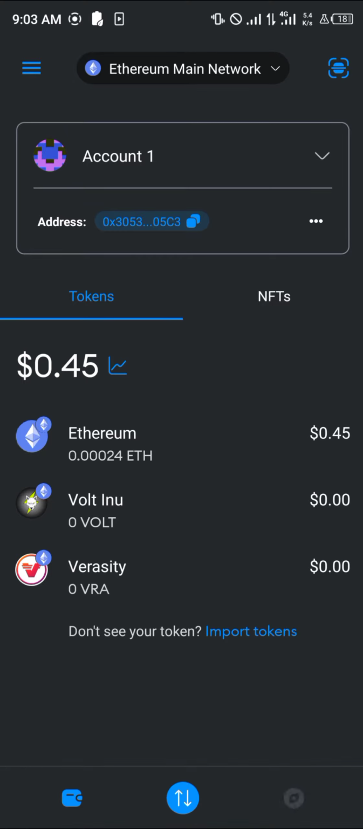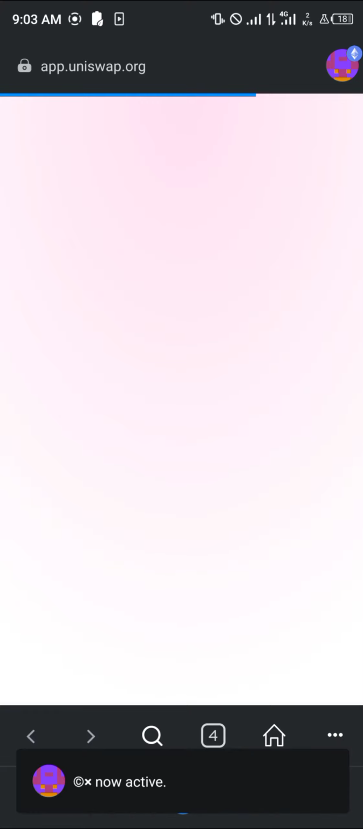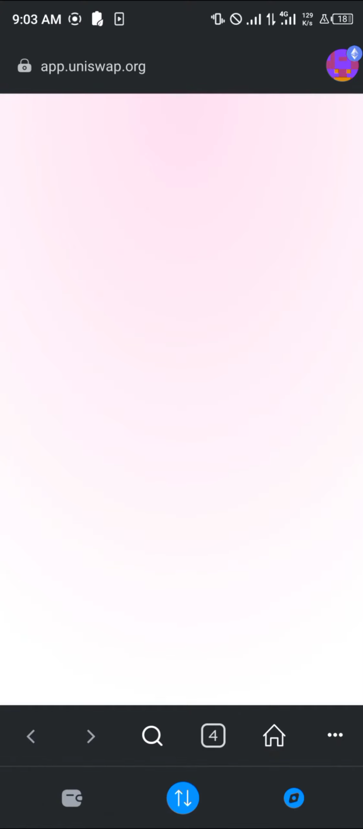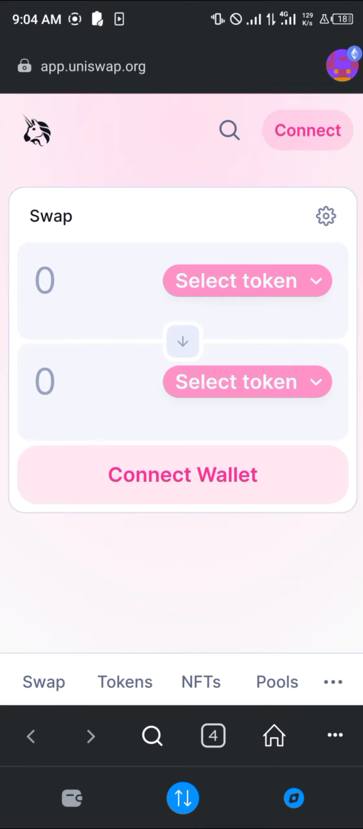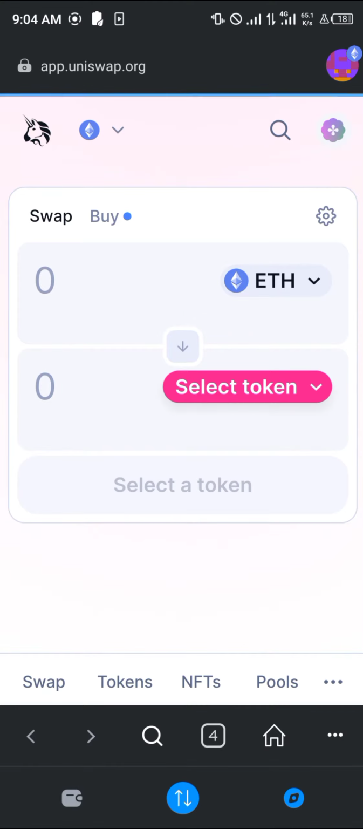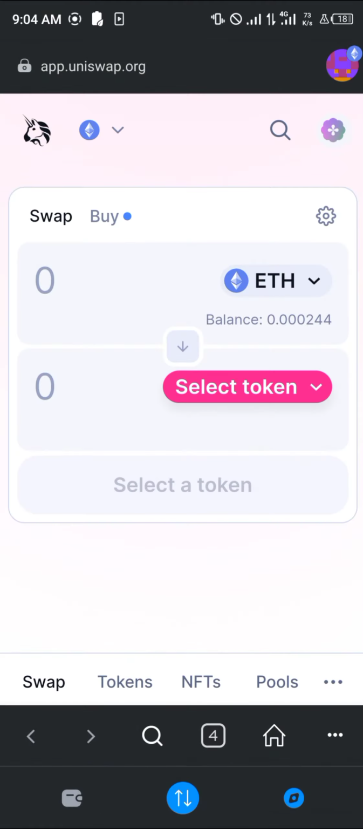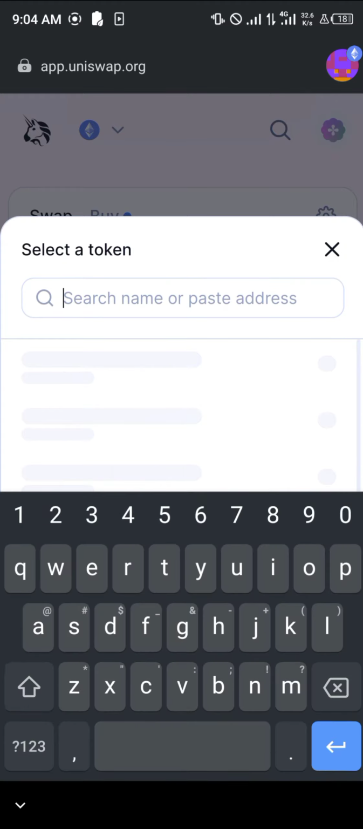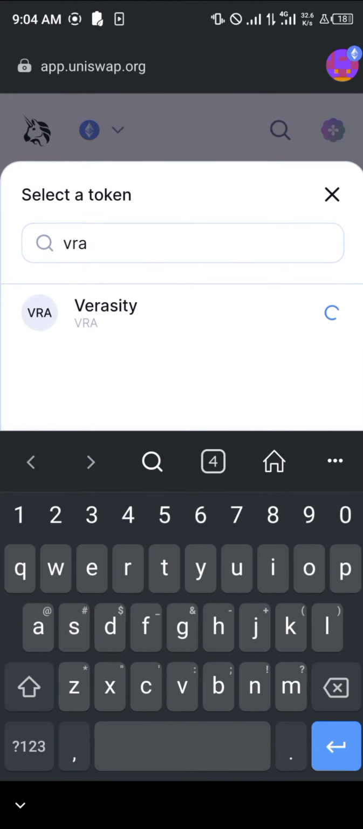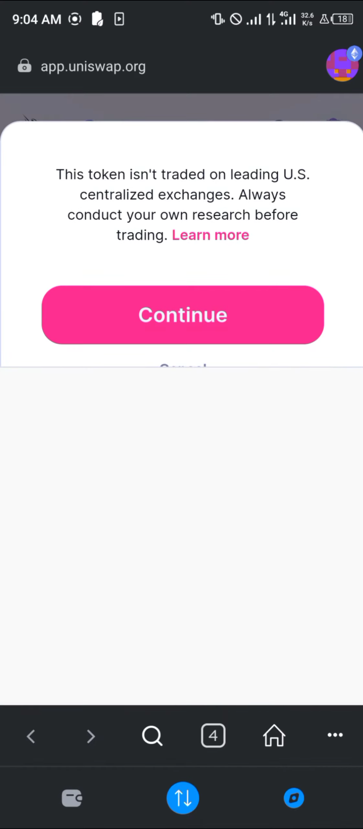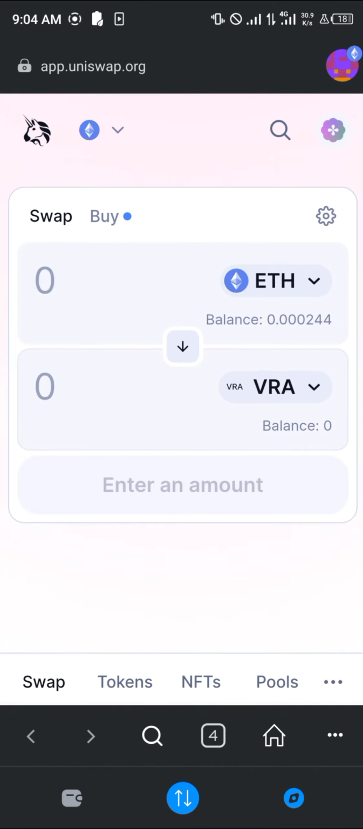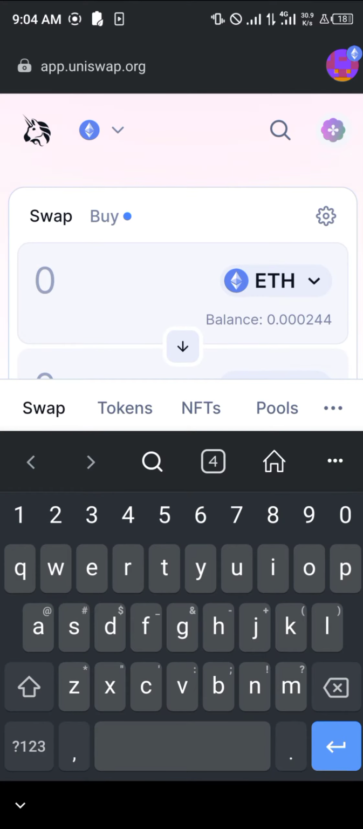And your next step is to use the browser icon at the bottom right corner of the screen and head over to the Uniswap exchange or uniswap.org. And once there, make sure you're on the Ethereum network by using the icon at the top right corner of the screen to select the Ethereum network. And once done, all you need to do is simply search for VRA, Veracity, click on continue,